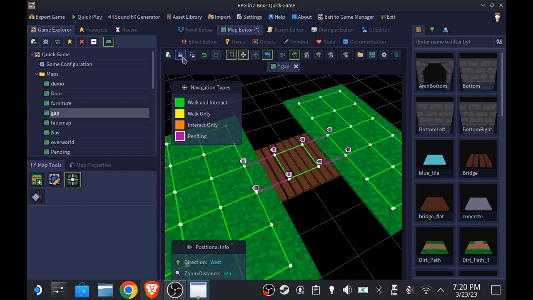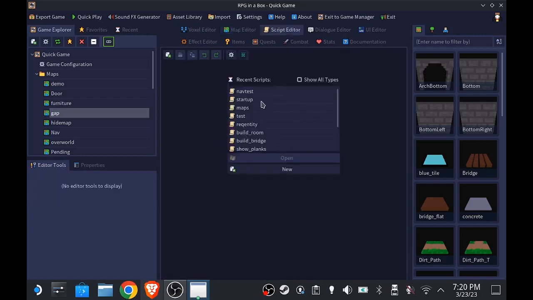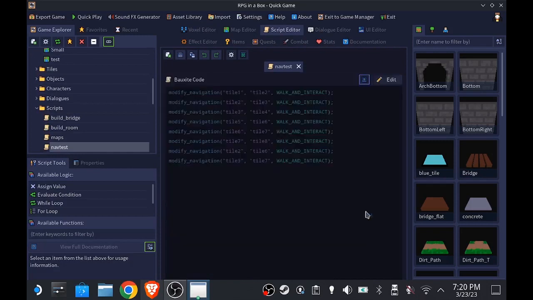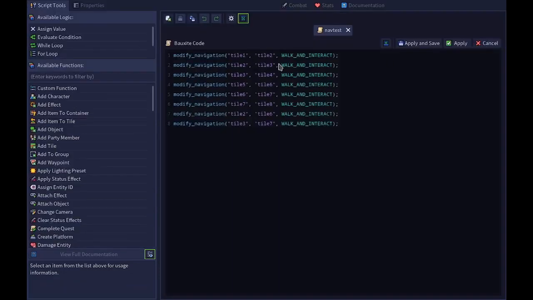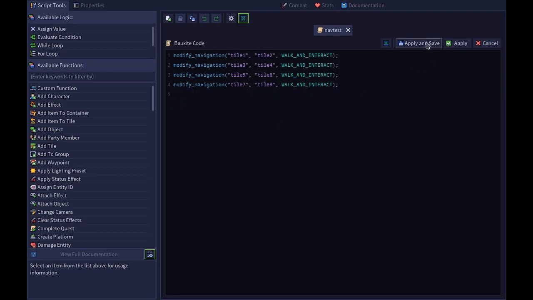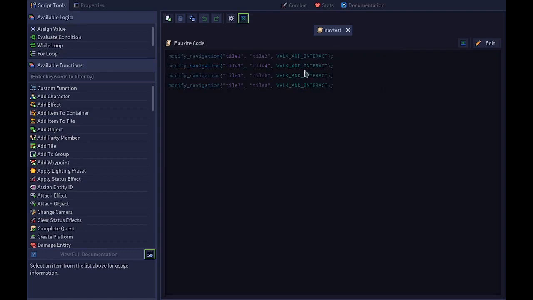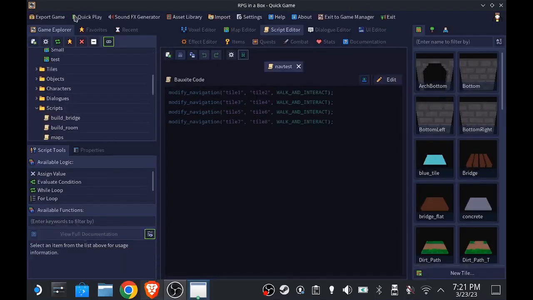So if we go save this and go to our script, go full screen. So we want tile 1 to 2 to change. We don't need tile 2 to 3 to change because that's the one in the middle. We do want to change 3 to 4. We do want to change 5 to 6, but we don't want to change 6 to 7. You do need to change 7 to 8, and we don't need to change both of those because they're already connected. So if we apply and save, you can see we've cut down the amount of modify navigations we need. And if we run this,